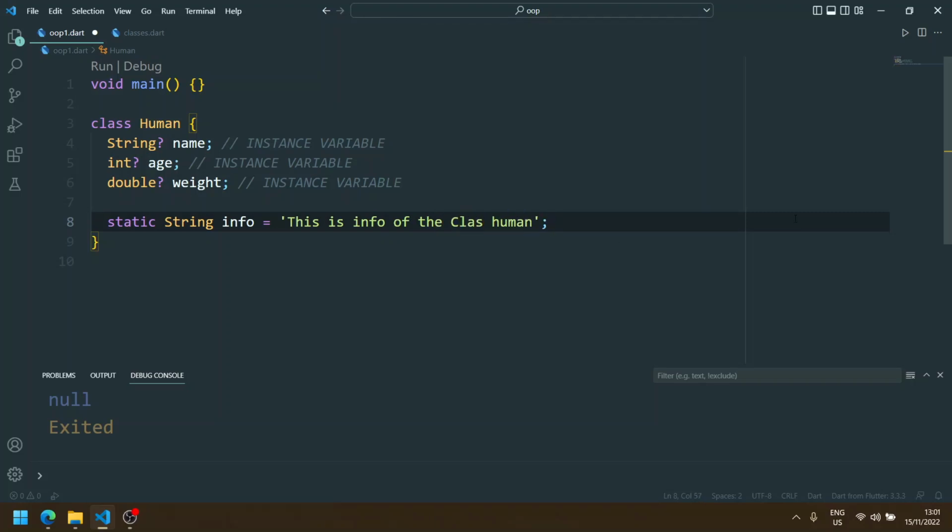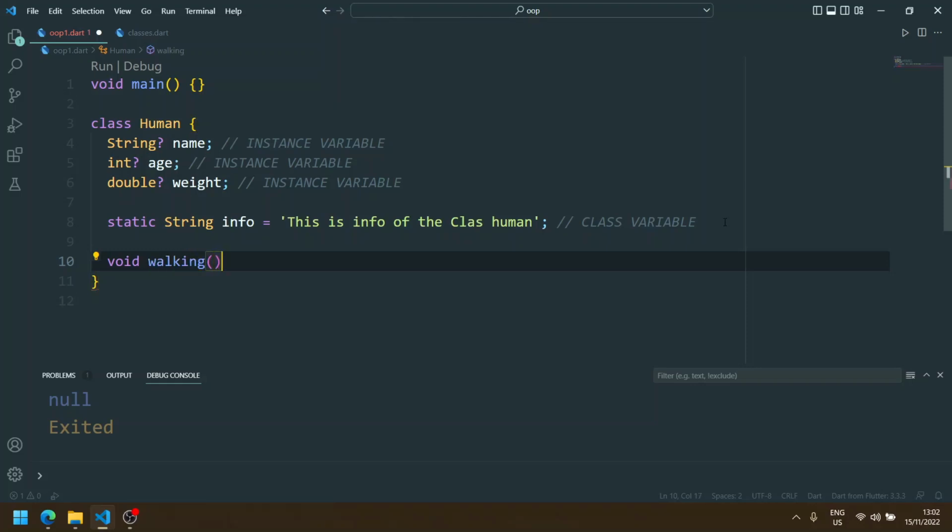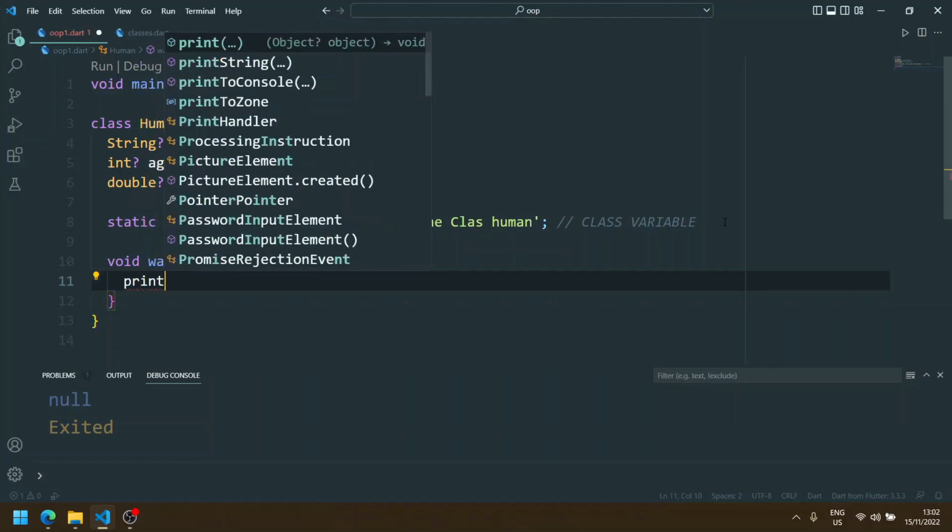So with this static keyword we have created what we call a class variable. It's accessible to the class, but these are accessible to the object that we create using the class. So those are variables, so instance and class variables. Now we can maybe try methods. So maybe one method that is particular to humans would be something like walking. So walking, which will just print a message, maybe like print